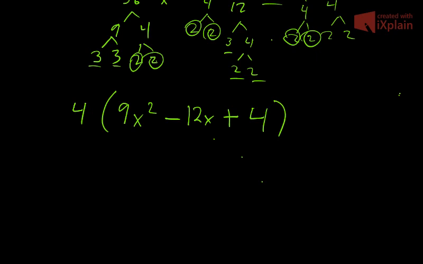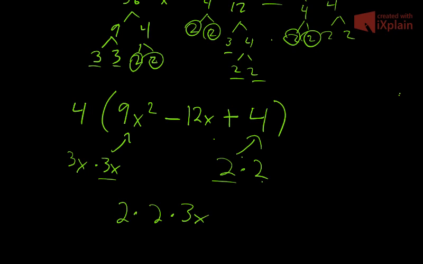So since we know we're looking for perfect squares, that's going to give us a little bit of an advantage. I know that 9x squared is 3x times 3x, and 4 is 2 times 2. So that gives me a little bit of a hint. But looking at the middle here, I have this negative 12x. So that should be the first thing times the second thing times 2. So I have 2 times 2 times 3x. I get 12x. So it's looking kind of like a perfect square, but I have this negative here that's not